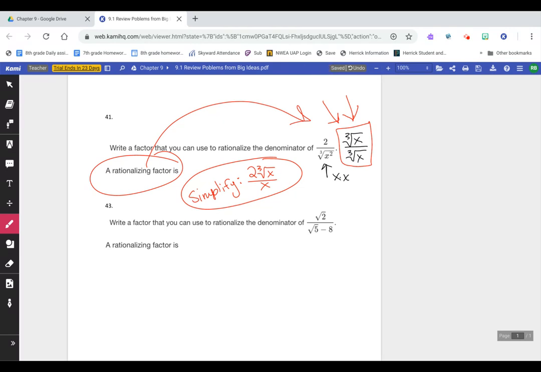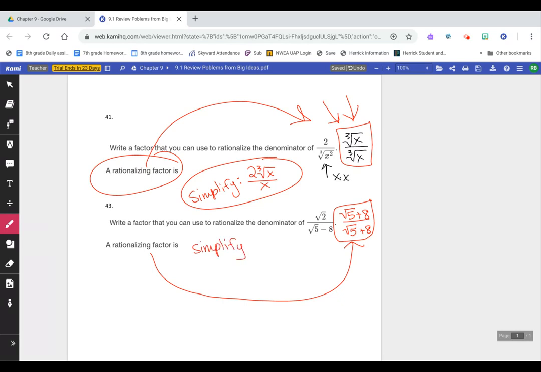So for number 43, to rationalize this, you would multiply it by the cube root of 5 plus 8, and you would have to make that into a fraction that's equivalent to 1. So Big Ideas was looking for this. Like I said, some of you, if it said simplify,